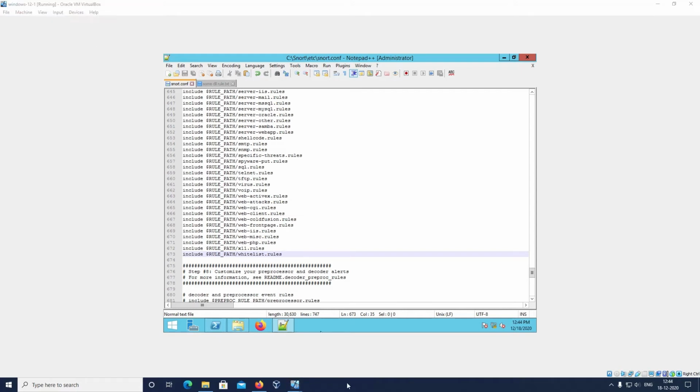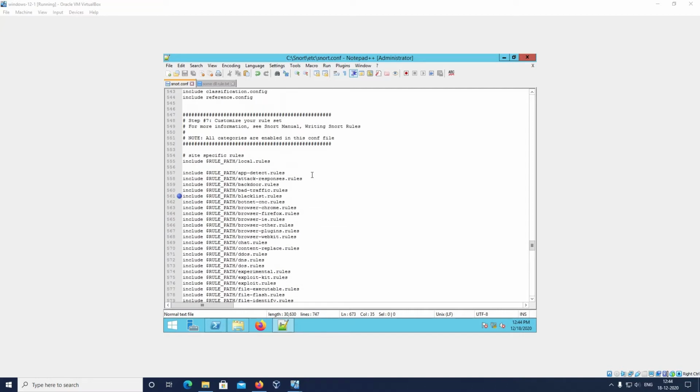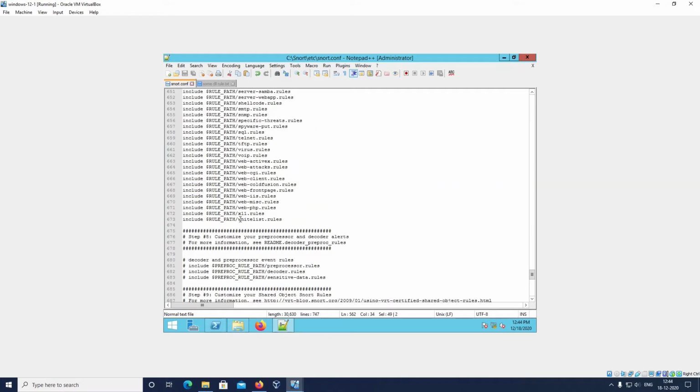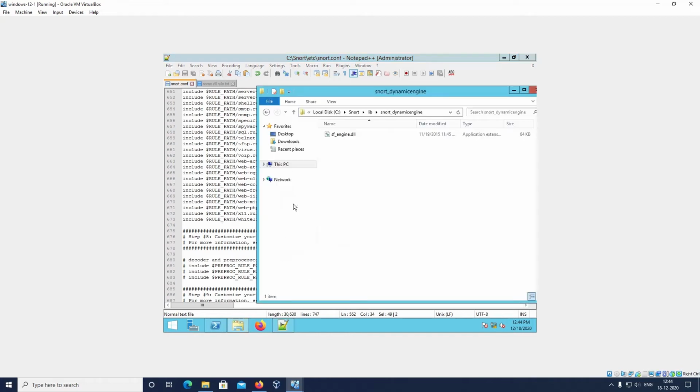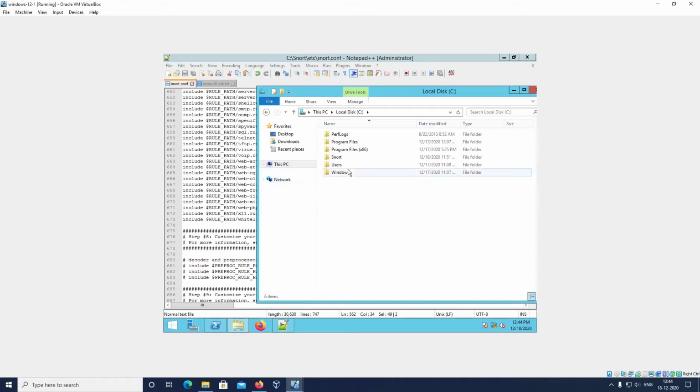As we can see here in our conf, we already have a blacklist.rules file present. So now we have added a whitelist.rules. Before going further, we have to check whether the whitelist.rules file is present in the snort rules folder or not.